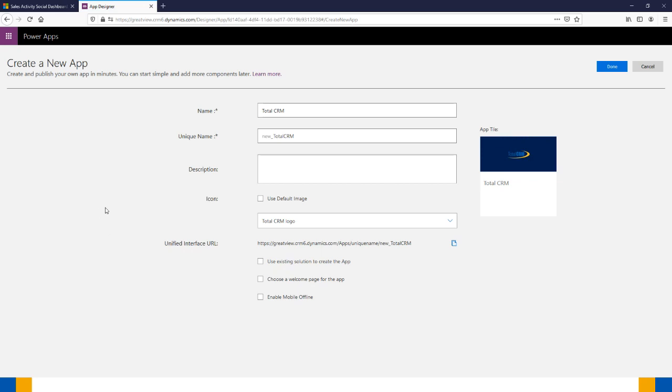It may seem like a small thing, but it is a nice personal touch to add for the users. You can also select if you want to use an existing solution or a welcome page for the app, but in most situations, we wouldn't be doing this. Once you're happy, click Done,